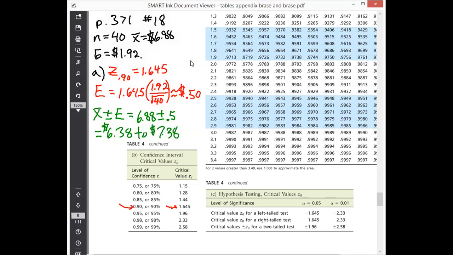All right. So then how do we interpret that? Well, generally, you'll see this as you read through examples and check your odds in the back of the book. Generally, it's worded something like, based on this sample, we can be 90% confident that the mean price of watermelon per 100 pounds is between $6.38 to $7.38, something along those